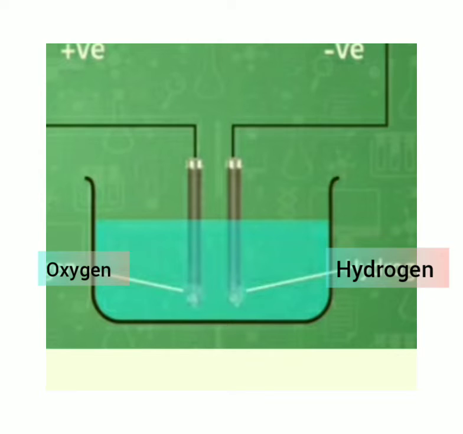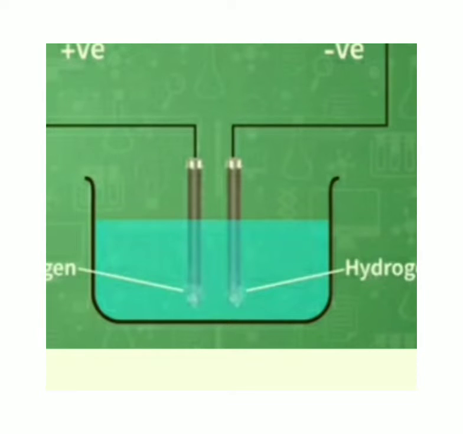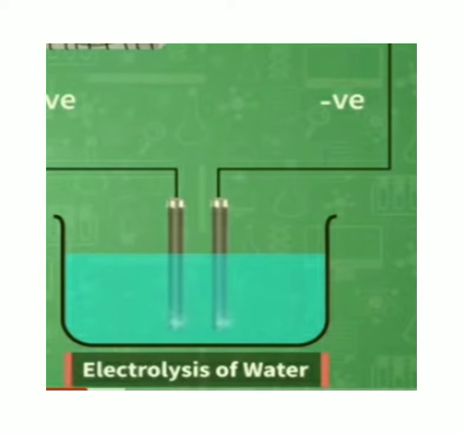What is a chemical change? Yes, we have already studied it in class 7th. It means that a substance is converted into an entirely new substance. So here water has been converted into new substances, that is hydrogen and oxygen. So this was due to the electric current that we passed through the water. So this tells us that electric current has a chemical effect on the solution that it passes through. This is also called electrolysis of water.